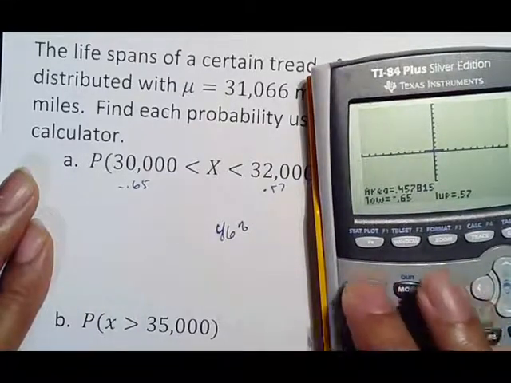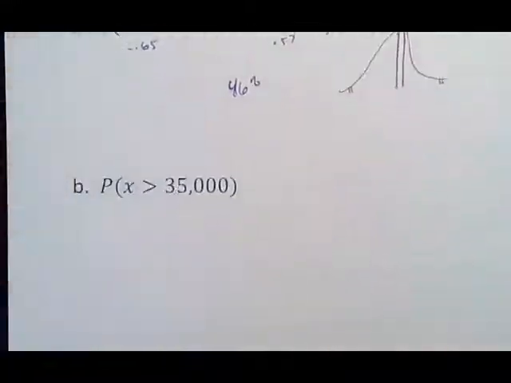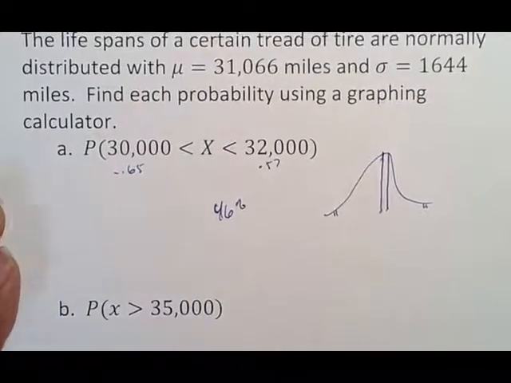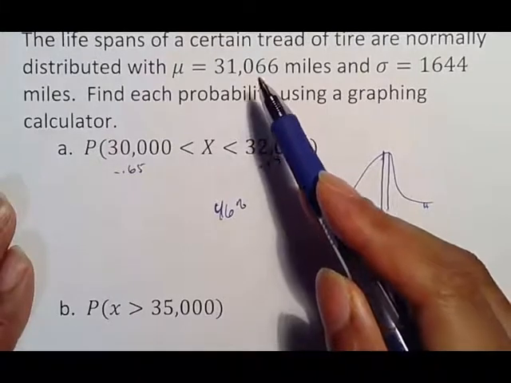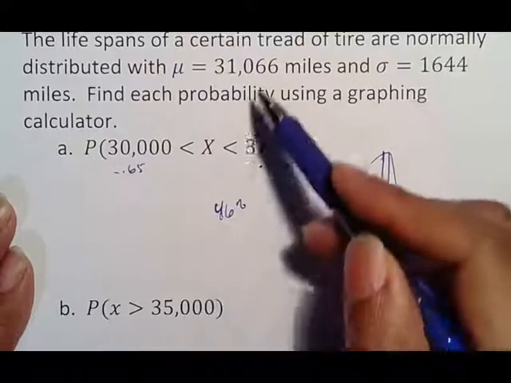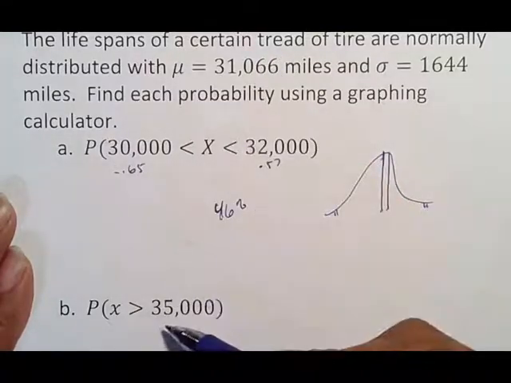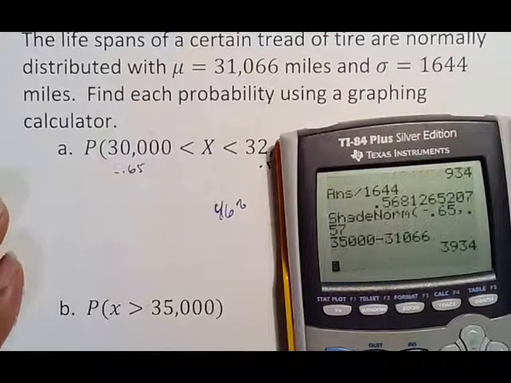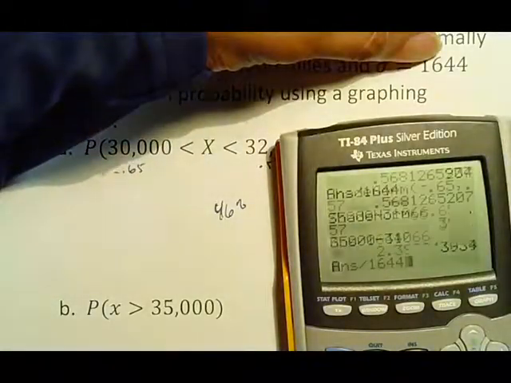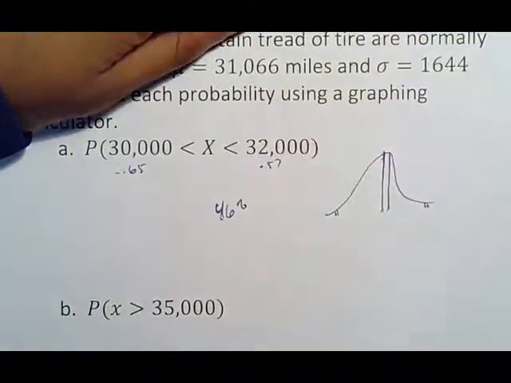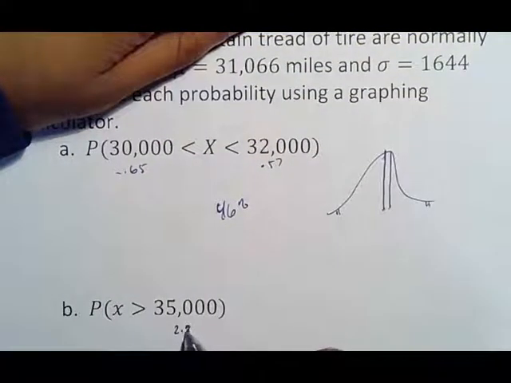Alright, clear. Same thing, if you want x to be greater than 35,000, this probably is not going to happen because you're way away from the mean, and the standard deviation doesn't take me straight to 35,000. So looking at those numbers, it seems like it should be a small percentage, but again, 35,000 minus 31,066 divided by 1644 converts into a general number, and that, again, 2 standard deviations away means it's way far away. So that's actually 2.39.